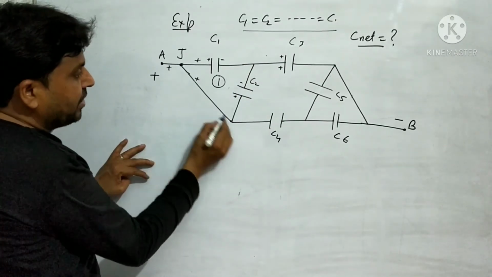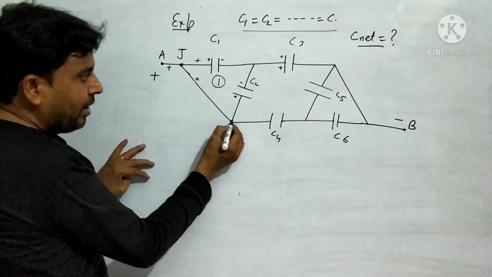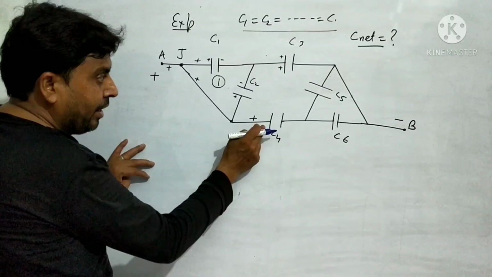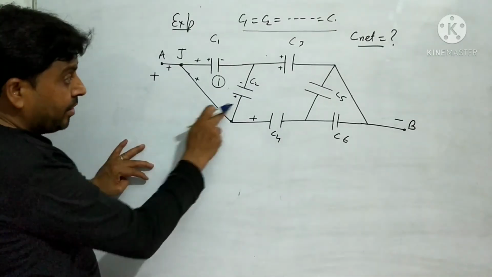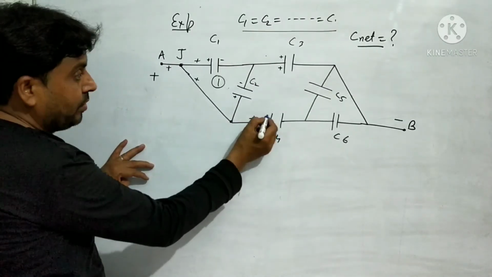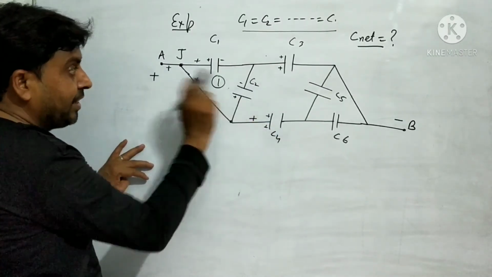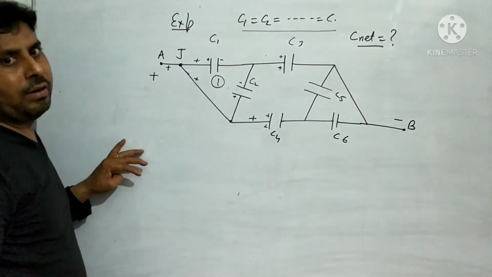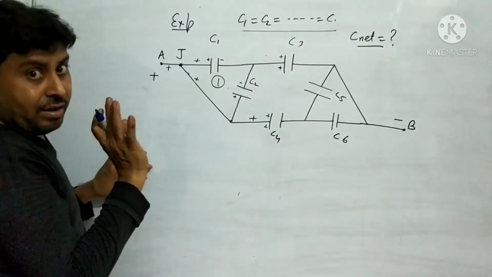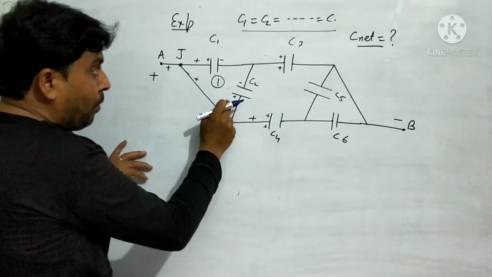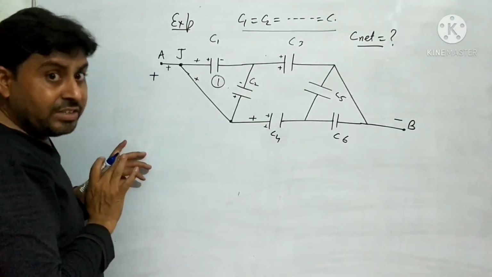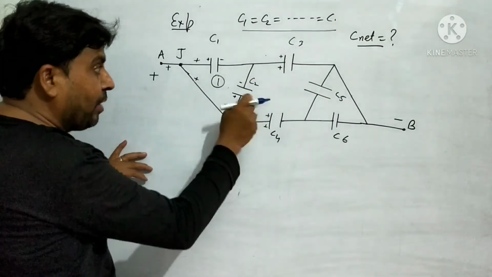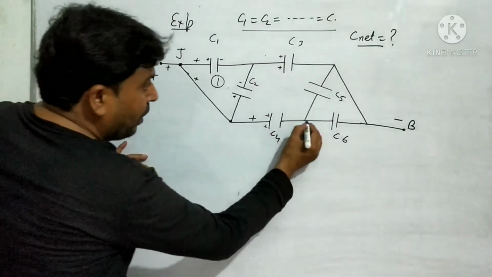Because the charge comes here and from here it will again divide here and here. This is also positive. These and these, this circuit C4 is connected again in parallel. C1, C2 in parallel initially. C1, C2 combination with C3 in series. And C4 in parallel. And C4 again divides here.